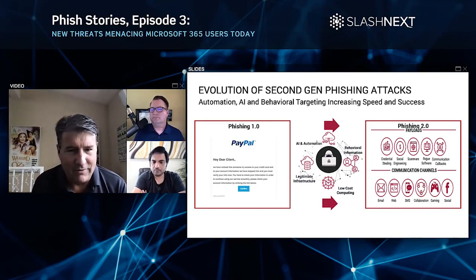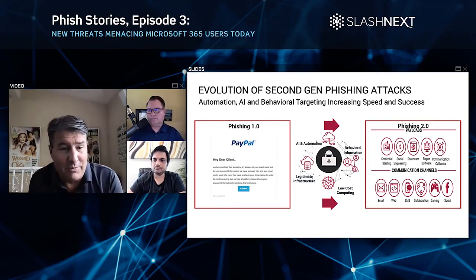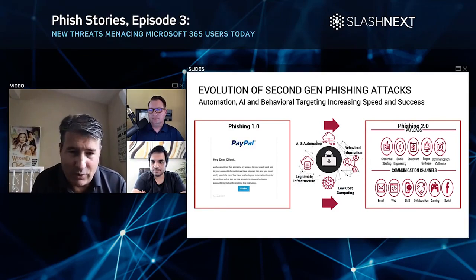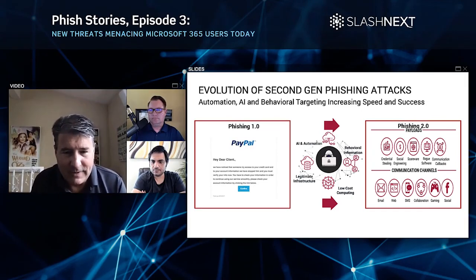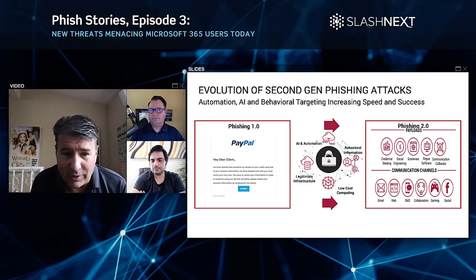What I mean by that is these bad actors are launching attacks minute by minute. It's no longer just hours, days, weeks. These attacks may live for 24 hours, 48 hours, and then they go away and they create a new one. I should add one final danger: these attacks look like they're coming from legitimate infrastructure. It looks like it comes from the Google domain, or Adobe's domain or Microsoft's domain. And that's specifically what we're going to talk about today.